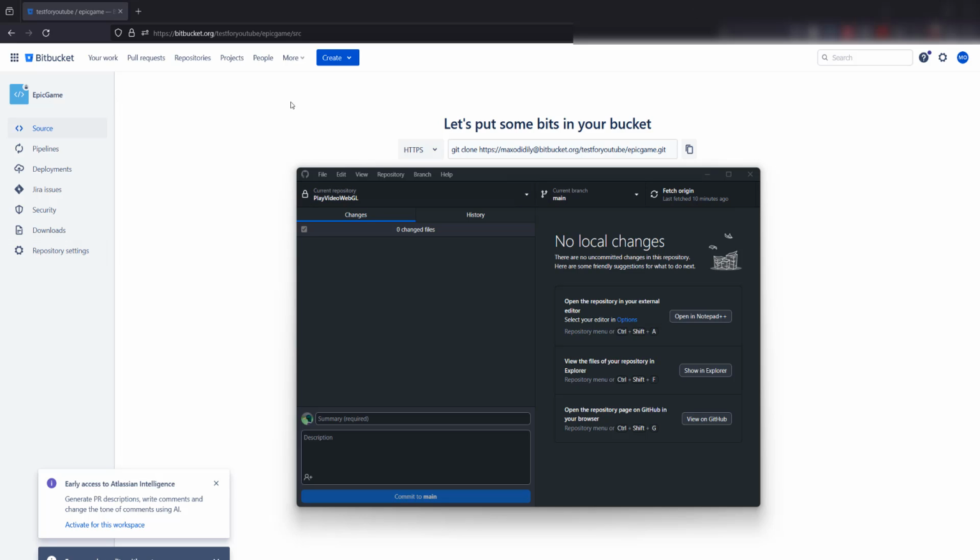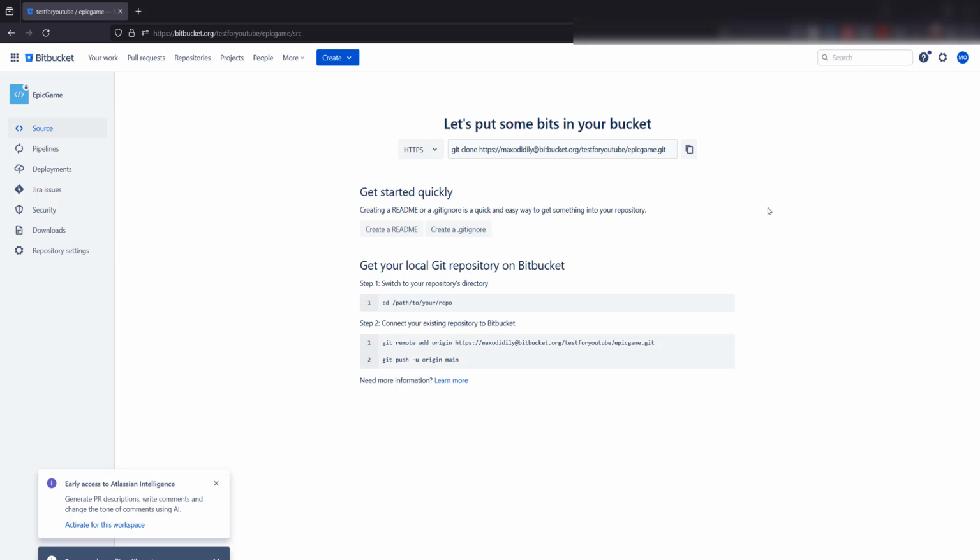So make sure you have GitHub Desktop and then go to Bitbucket. This is my repo, I created it, it's empty, and I want to push and pull from it using GitHub Desktop. So there's a few things you're going to need. We're going to be constructing a URL, and then we can use that URL in GitHub Desktop to access the